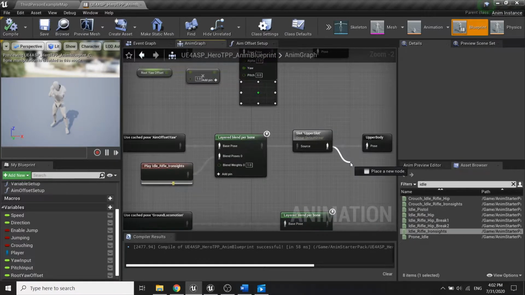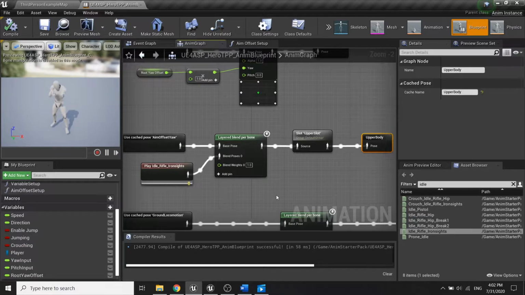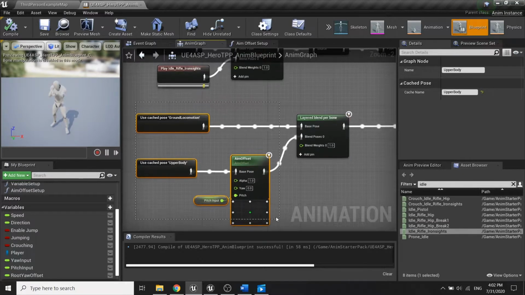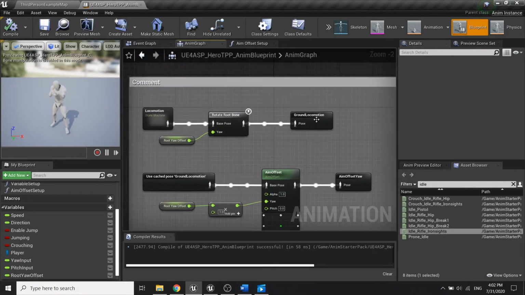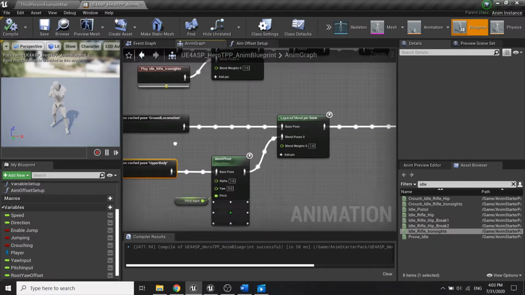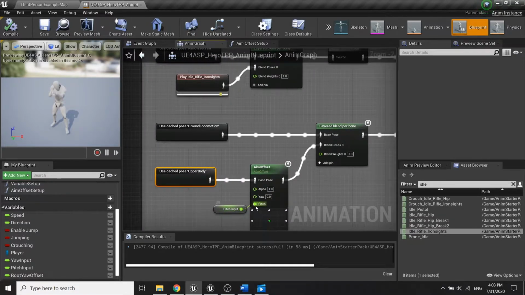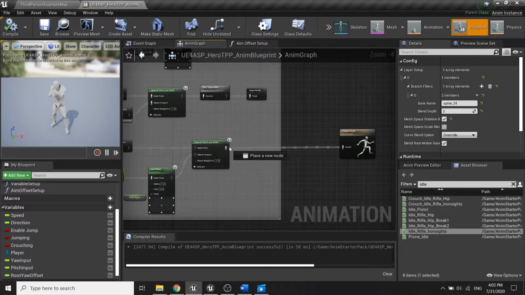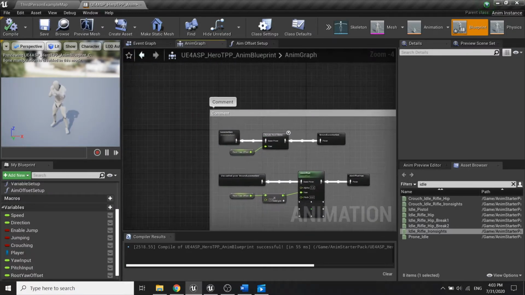And then we will save the pose and we will name it upper body. So the last thing we want to do is to blend between the ground locomotion above here and the upper body saved pose, and then plug in the pitch input which we have created in the last episode, and then plug this to the output pose. Alright, so